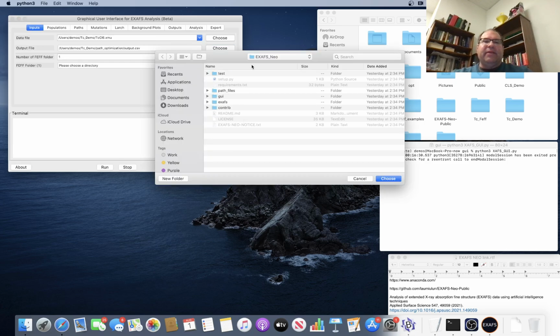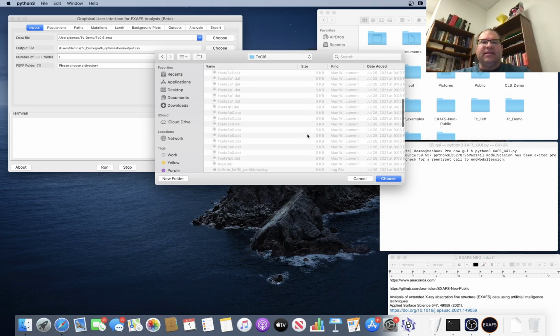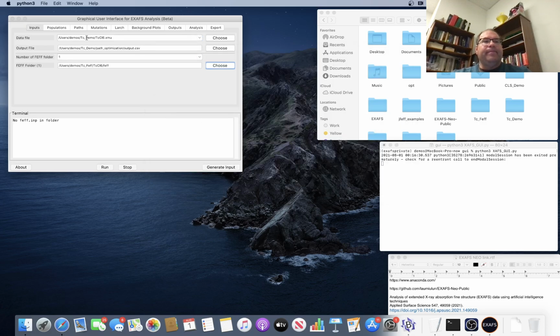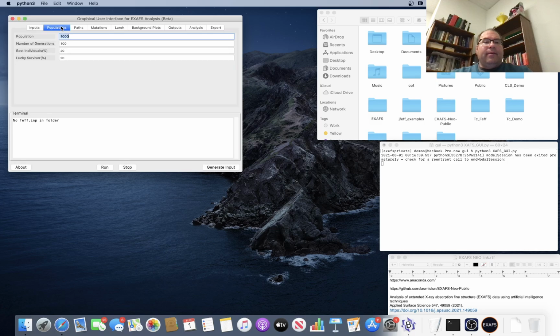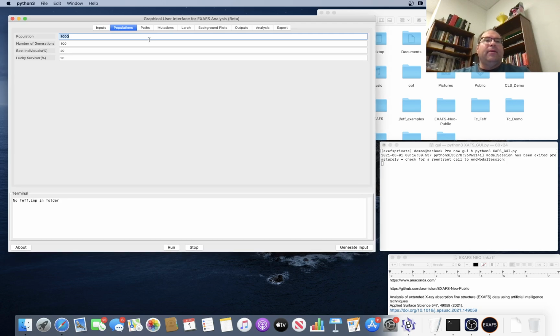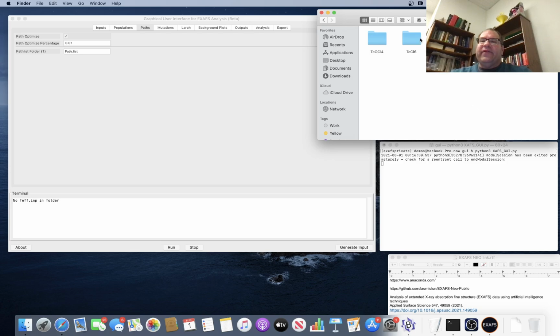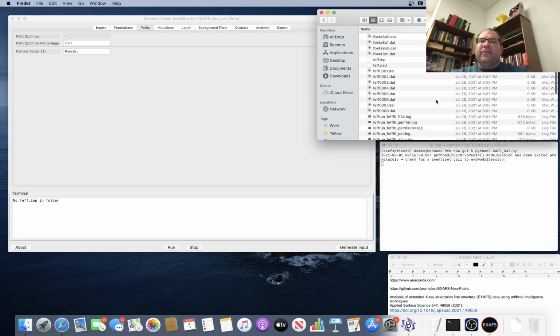We're going to choose the same FEFF directory that we've been working with the whole time. TCCL6 has all the paths in it. The population here is not going to change. The paths will be different now. So here we're going to make sure we check the path optimized box, so we do the path optimization. And we're going to look at the FEFF calculation, and in here there is a file,